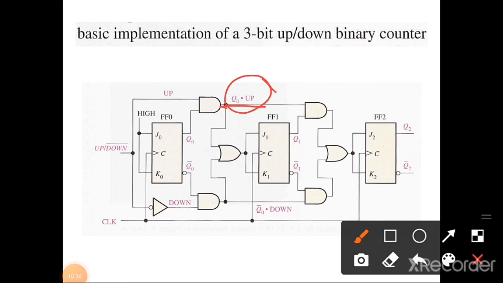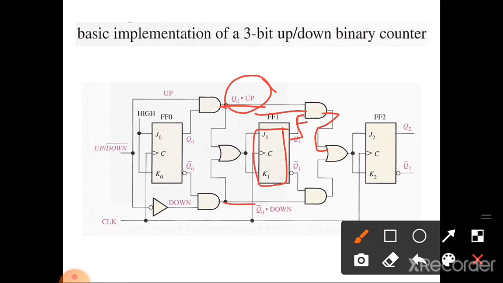Next we need to connect Q1. The output of Q1 is the output of flip-flop 1, and that output and the output of the first flip-flop are ANDed together, and its output is given to an OR gate.